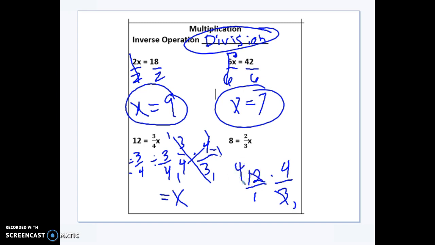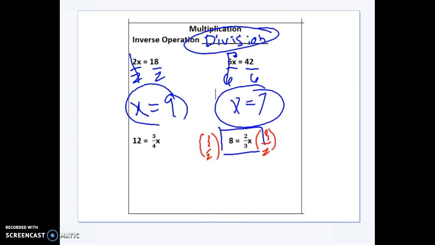We have 16 as a numerator, 1 on the denominator. So we have an answer of 16. And then rewrite it as x equals 16. Is 3/4 of 16 12? Yes, it is. Go ahead and pause the screen right now, and I want you to try this last problem